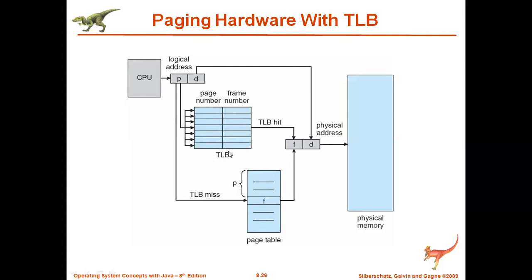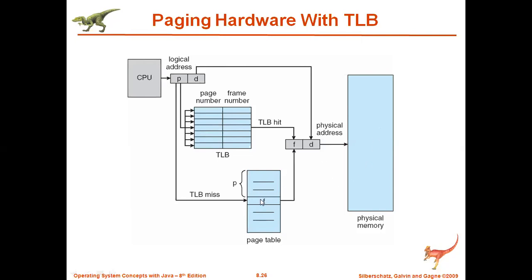Why do we use this? Now assume that the CPU first generates a page number, then it will check in this TLB. That is, first it will not go to the page table for accessing, because going to the page table means going to the main memory. First it goes to the cache memory. It will check whether the accessed page is present in the TLB. If it is the first time accessing, it will not be there. Then the CPU will go to the page table, get the frame number, then go to the main memory and access it.